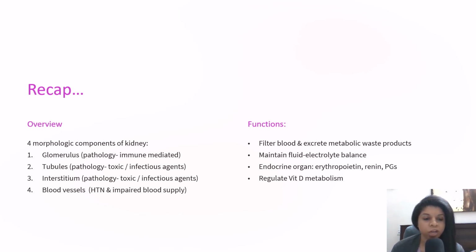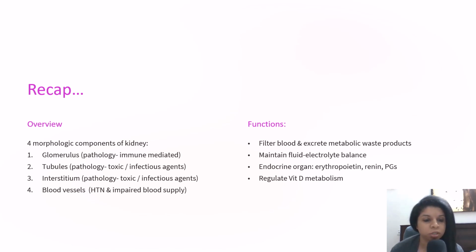vessels. So why we divide and study the diseases according to these parts is because the pathology and the etiology of these components are entirely different, and even though they overlap at times, the end stage is always renal failure. Okay, so if a disease starts with glomerulus, it will affect tubules, interstitium, and blood vessels eventually if it is not treated. But etiology to start with is different for different